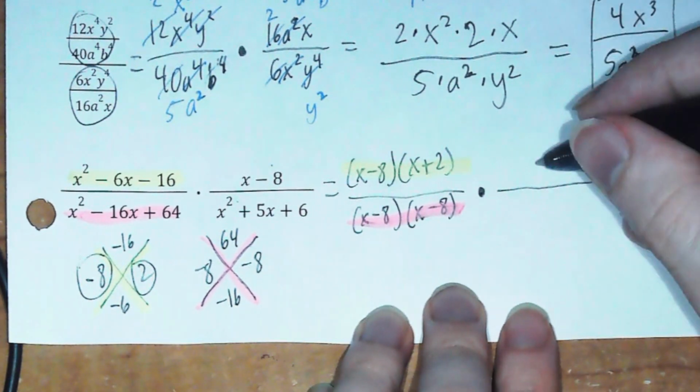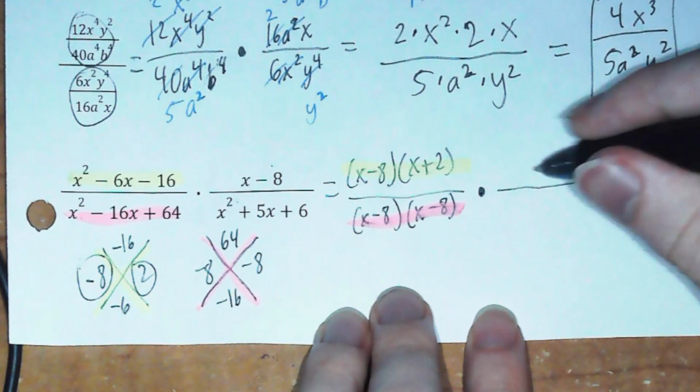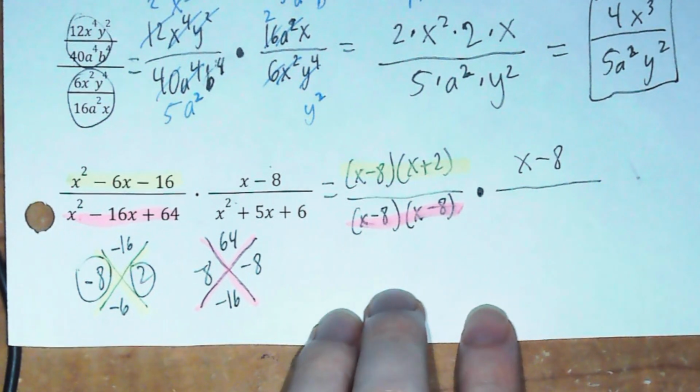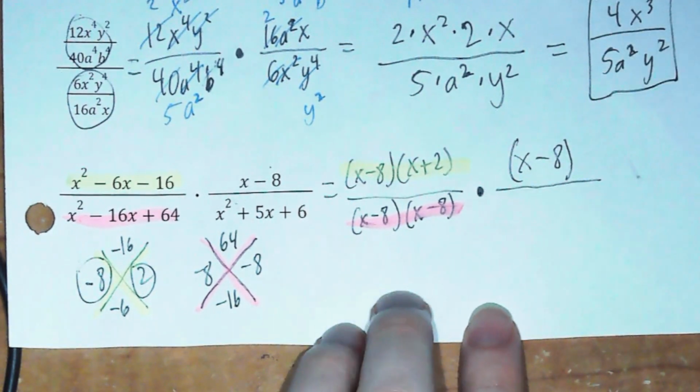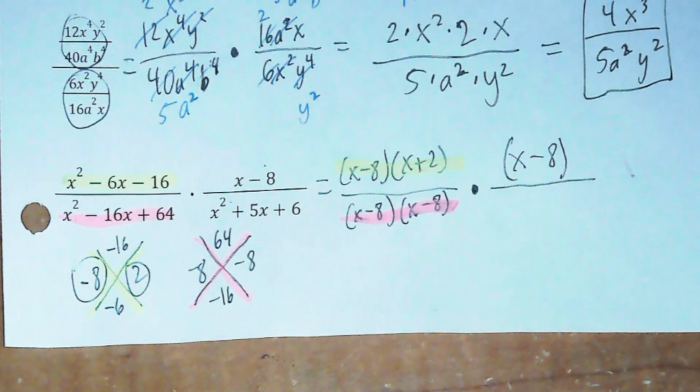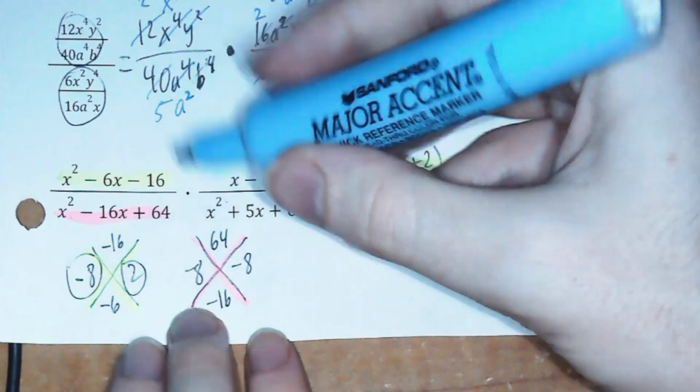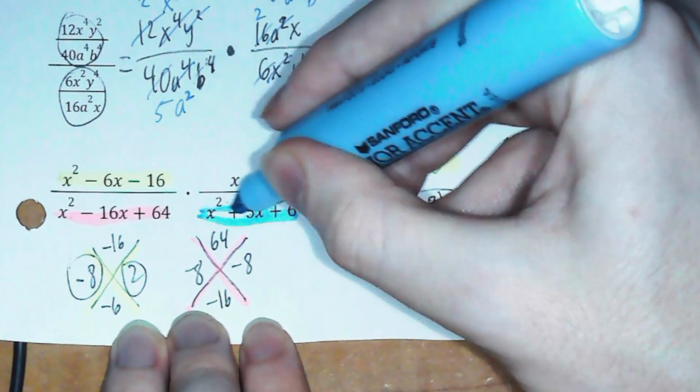Also note this is multiplication, so we don't have to flip this over. Now on the top here we have x minus 8. This cannot factor. So we've just got x minus 8 here, and I strongly recommend that you put this in parentheses. I'll explain why in a minute. Now for this last one, this right here,